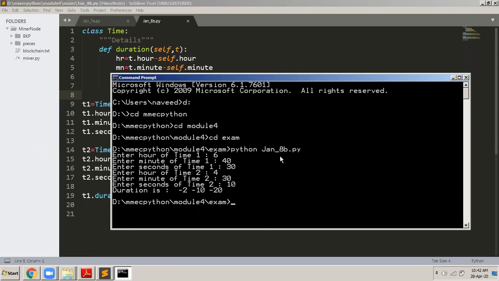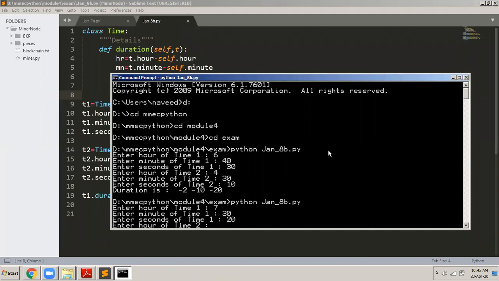The logic of the program is such that you have to write it correctly, because you have to subtract. You have to give a bigger time for the end time and a smaller time for the start time as input. Let us type this once again. It is asking for our first time. So I will say this is the start time. Remember, okay? So I'll put here 7 o'clock, 30 minutes, and 20 seconds.